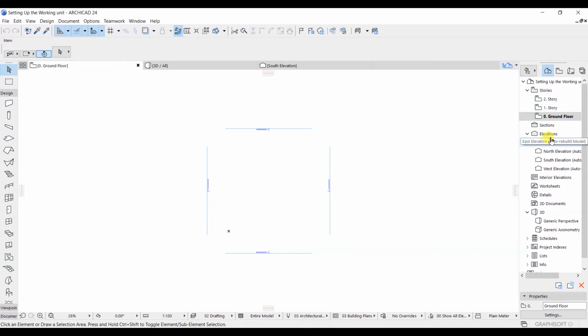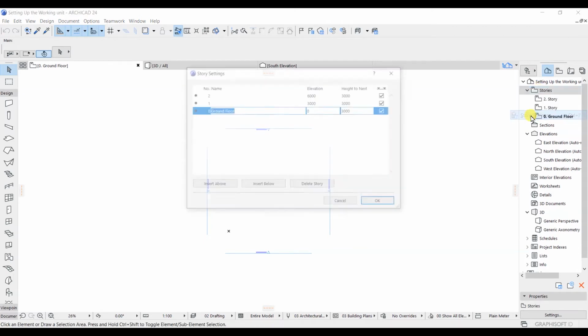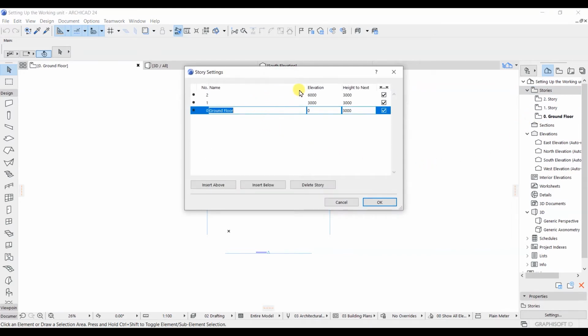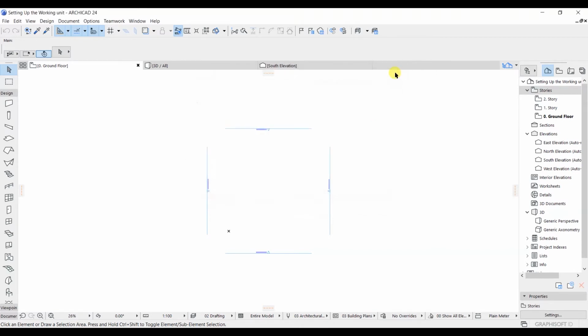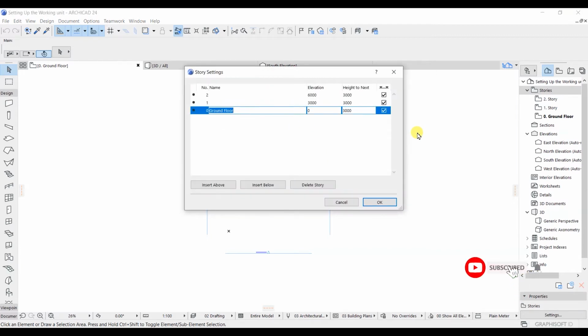Now that we have understood this, if you look at the story and you want to set up the story, we just need to focus on this one. To set up the story, simply right click here, go to story setting, and here you will get all the details related to the story setting. Let's click on cancel. You can also use a shortcut, which is Control and 7. Even with that you can access this story setting.